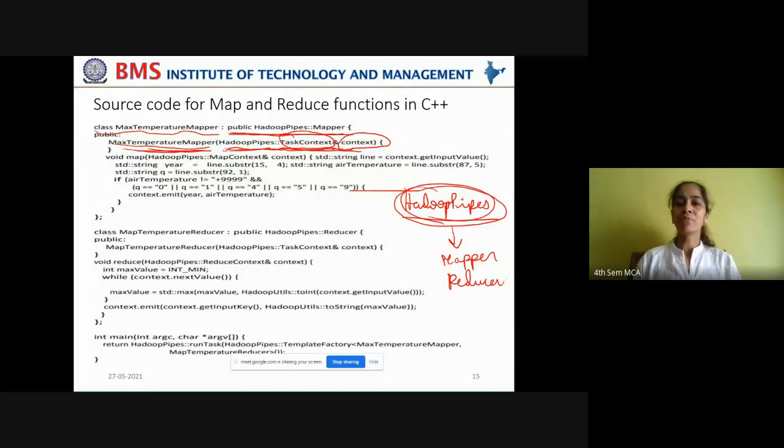Okay, so this object is created for the TaskContext class. The TaskContext class will help to transfer the output or data from the map phase to the reduce phase. Okay, now in this class, this is how the constructor is defined.